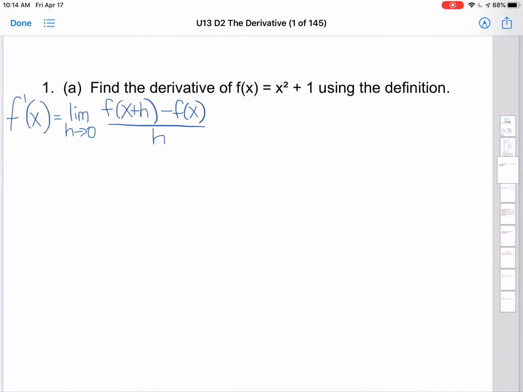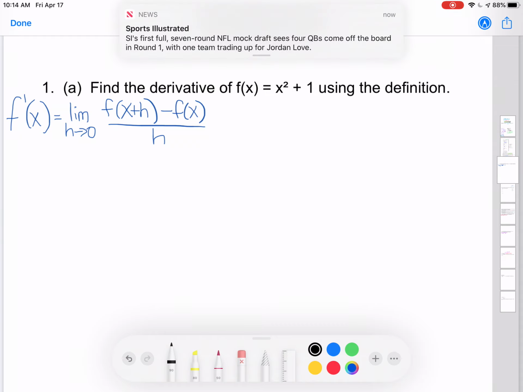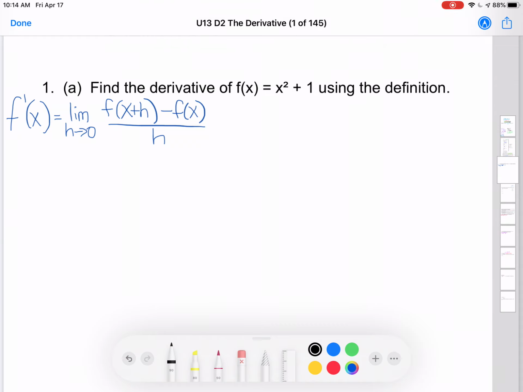Okay, so we're going to find the derivative of f of x equals x squared plus 1 using the definition. So remember what this means when we're finding the derivative. We're really just finding the slope of a tangent line at any given x value. It's the slope machine. Okay, so f prime of x is equal to, and we can use that to denote the derivative. Okay, so f prime of x is equal to the limit as h approaches 0 of the difference